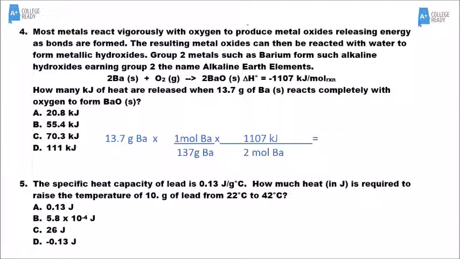Number 5 is a calorimetry problem. Q is equal to mc delta T. In this case, you're looking for Q, not of water, which is normal, but instead for lead. So you're plugging in the mass of the lead, the C value for the lead, and the change in temperature. And the change in temperature is just 20 degrees. Notice that this math could be done in your head, and there's no calculator required because basically you get 10 times 0.13 times 20, and that ends up being 1.3 times 20,